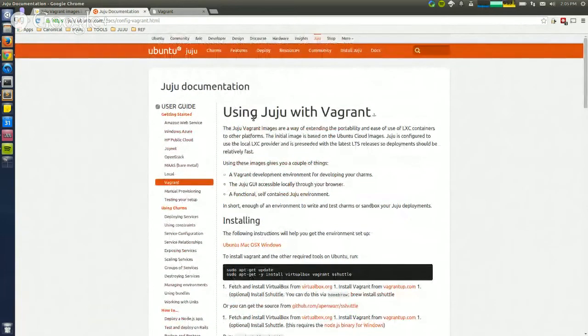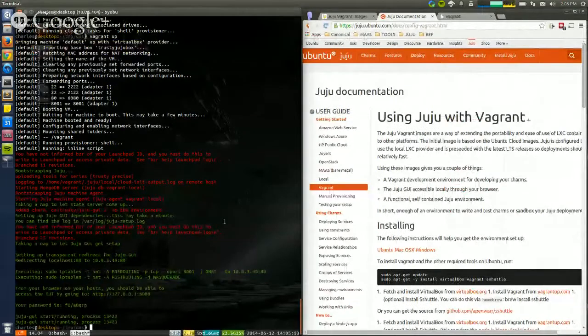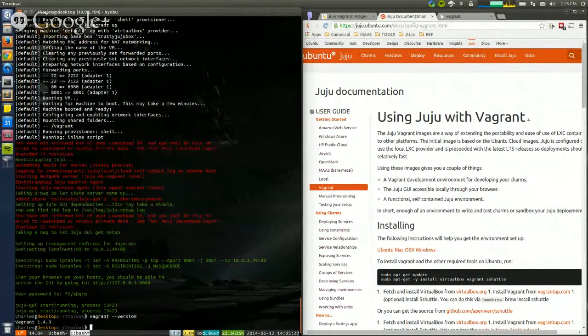So without any further ado, we're going to talk about how to actually fetch the boxes and get this installed into your system. So I'm going to cover this and say vagrant version. It's going to tell you that I'm running 1.4.3, which is not the latest, but it's only a couple minor revisions behind. Another thing that you'll need to have is Virtualbox,